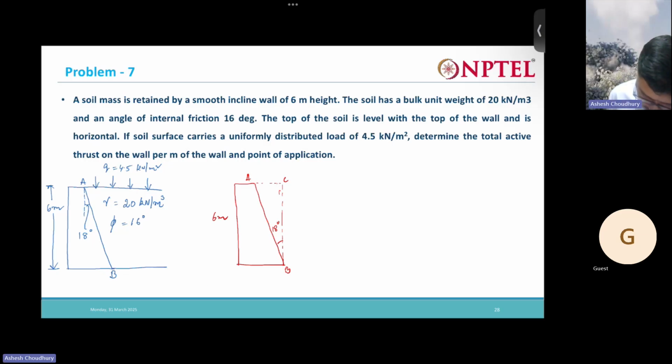Okay, so this AC length I can get as 6 times tan 18 degrees. So what we are going to do in this part is take the weight of the soil. Later, this is the weight that is there in the ABC triangle. Okay, the weight of the soil we are going to take. Then you have